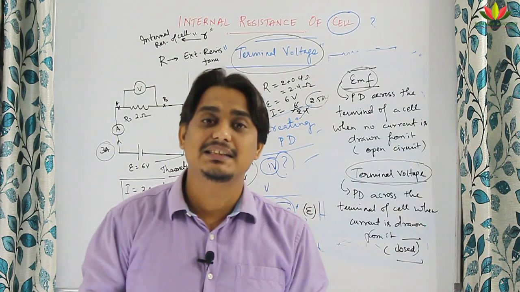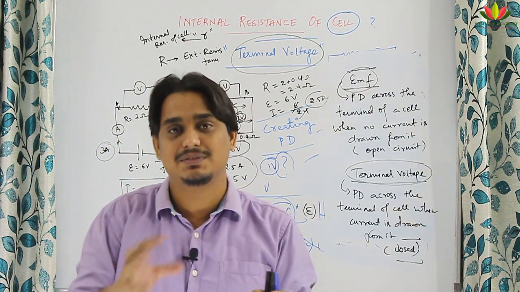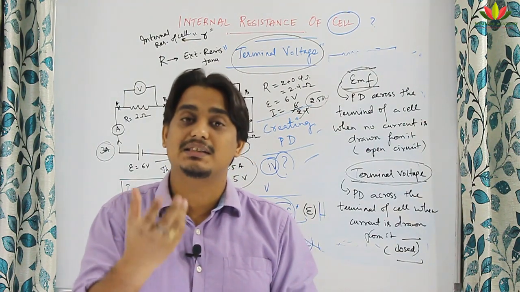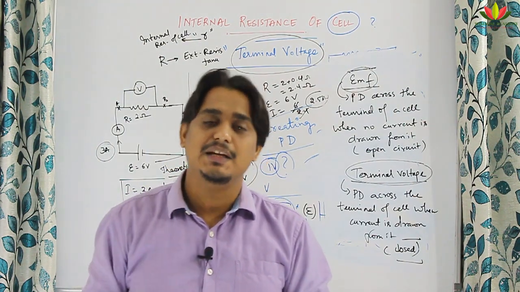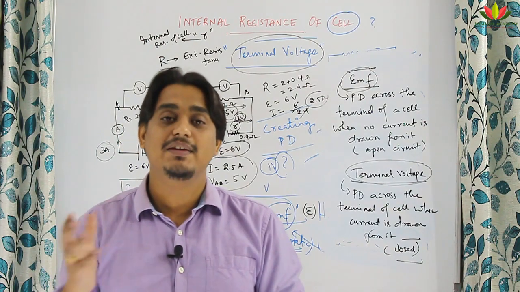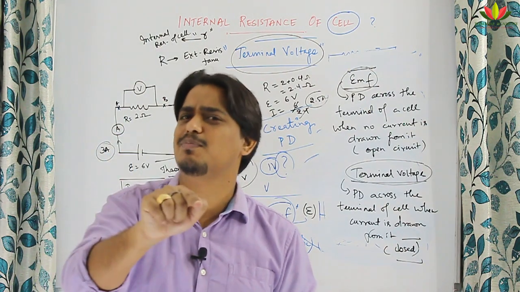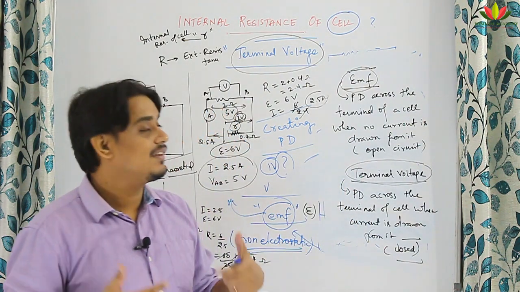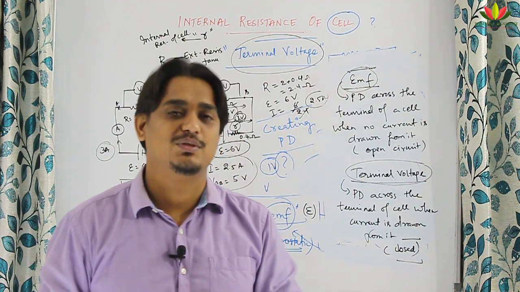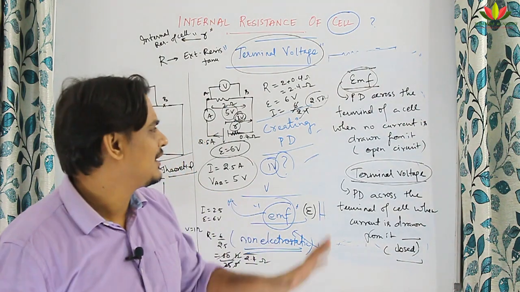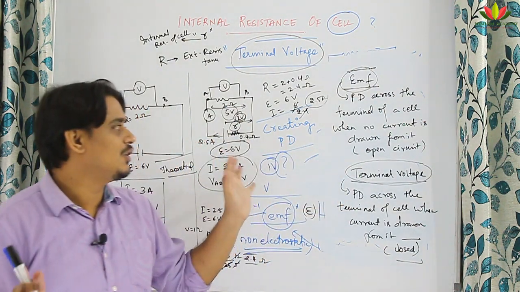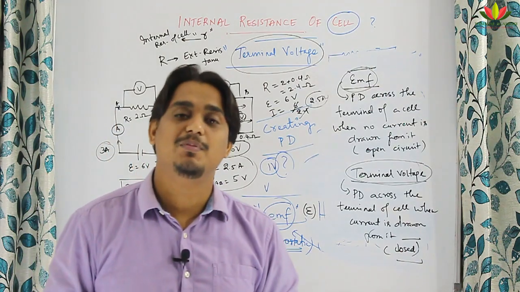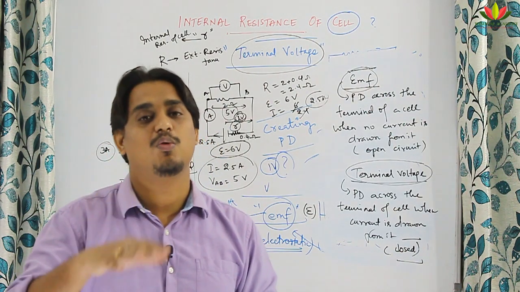Yeah, for all the cases when the cell is being discharged, that is when the cell is being consumed, there are some chargeable cells. If chargeable cells are used, we will give some energy to charge the battery. At that point, your terminal voltage sometimes may be even higher than the electromotive force. So, that is not there in the syllabus, but now you understand that in our context today, whatever we will speak, terminal voltage will be lesser than the electromotive force.